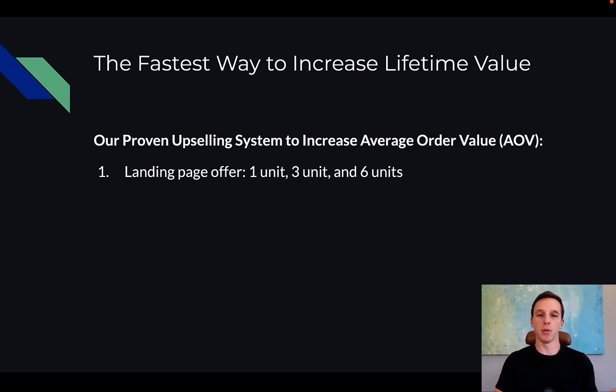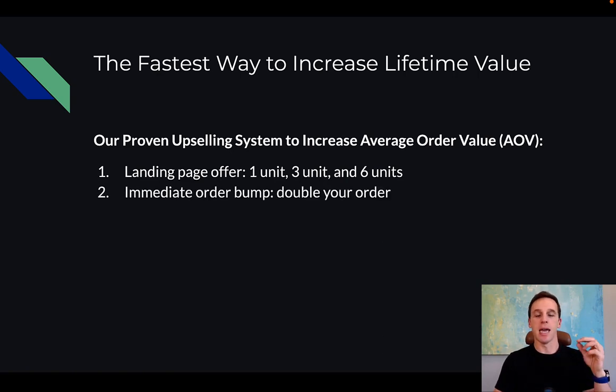So first, on your landing page and even product pages, make sure to give people the option to buy multiple units at a time. 1 unit, 3 units, and 6 units is a typical structure. Second, add an immediate order bump before they even complete their checkout. So give them the option to double their order, which is one that I like and we use a lot. If they bought 3 units, let them buy 3 more for a total of 6. If they bought 6 units, let them buy 6 more for a total of 12, which may sound crazy, but